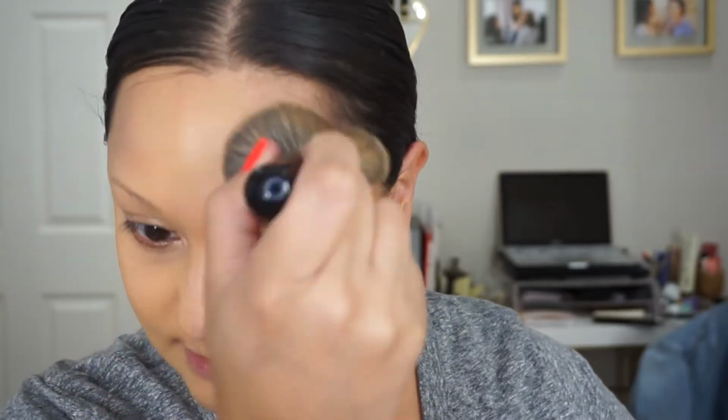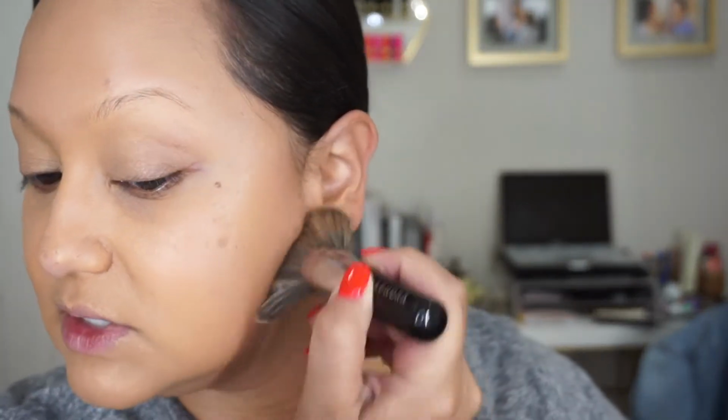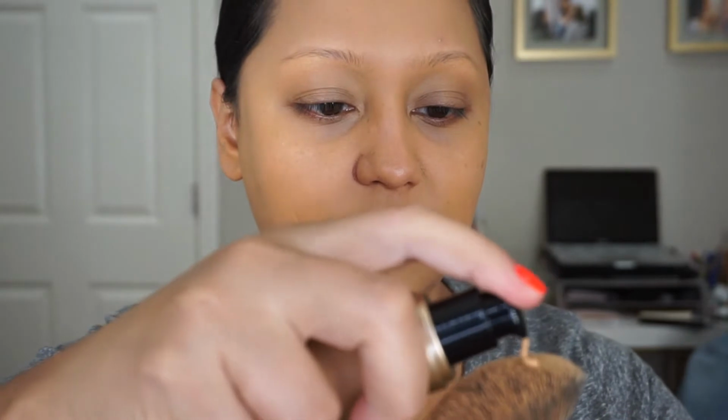I'm gonna zoom you guys in a little more. Alrighty. So I did 2.5 pumps, and that did my entire face. It's what I would normally do with the other foundation. Bringing this into my ears. I would say that this foundation is a solid medium because you can still see the imperfections in my cheeks. So I am going to build this up. I'm going to do another pump,